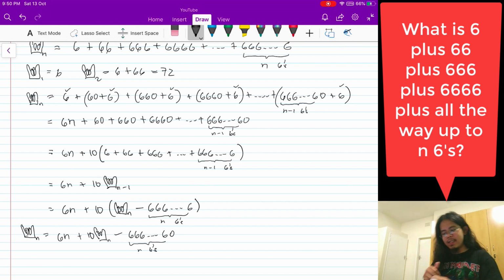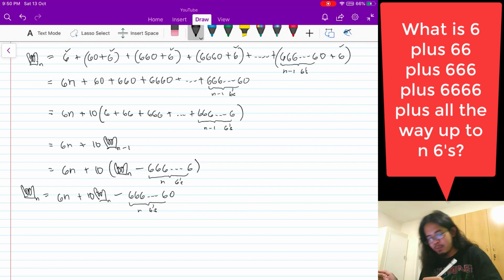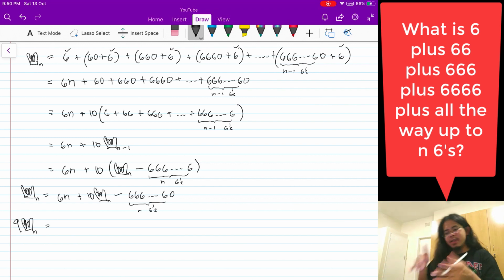Okay, so let's simplify. So you have 10n on the right-hand side. You have metal n on the left-hand side. So 10 metal n minus metal n is 9 metal n. Let's put that on the left. So 9 metal n equals